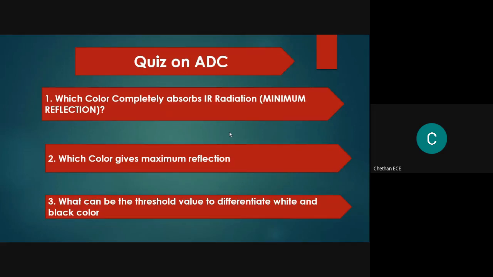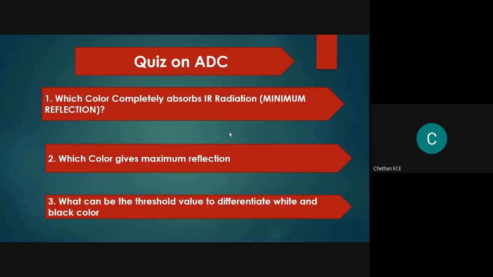Answer my third question. What can be the threshold value to differentiate white and black color? You saw the video, right? Whenever there is an obstacle or reflection, the threshold value varies.